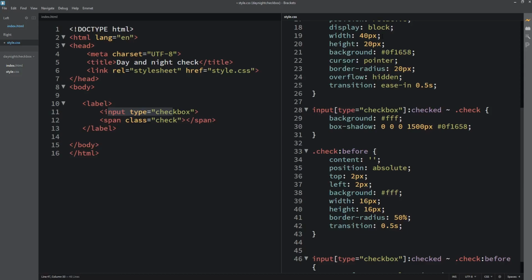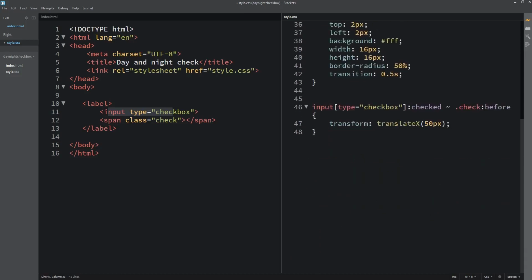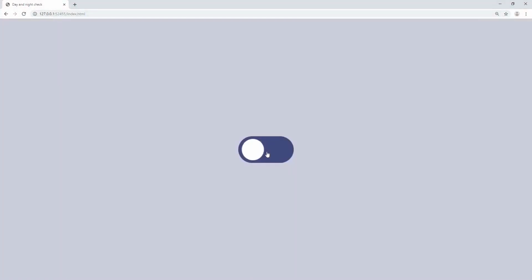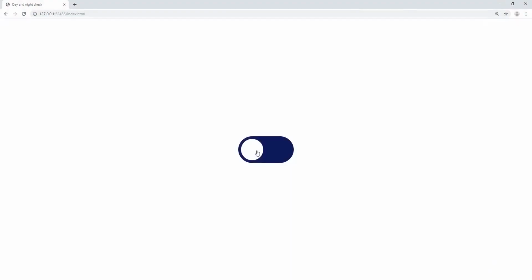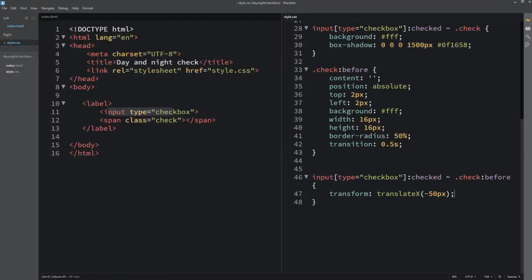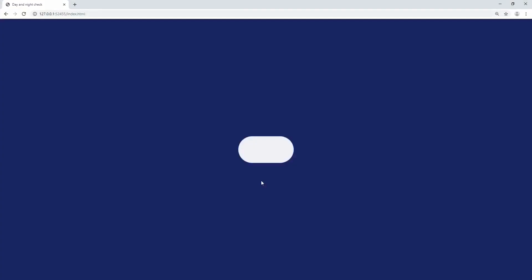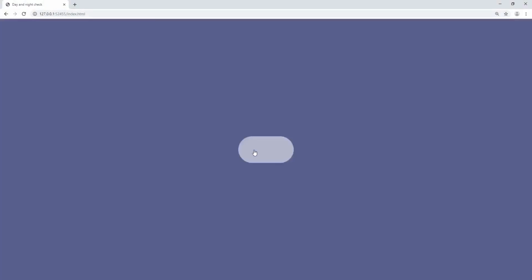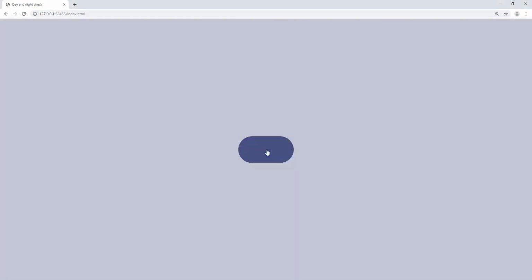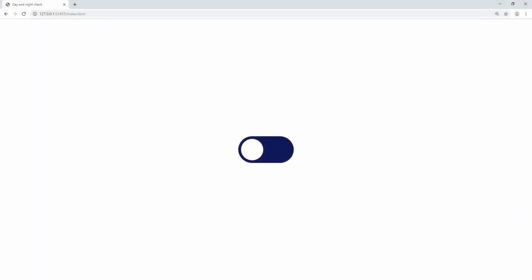The width now is 40 pixel. 50 pixel, good. So we'll see. All right, you see? I'll click now. It pushes and goes. In fact, I may push and come back, so minus here. All right, you see? So we'll do the other one now. So this one pushes out, and this other one pushes in.